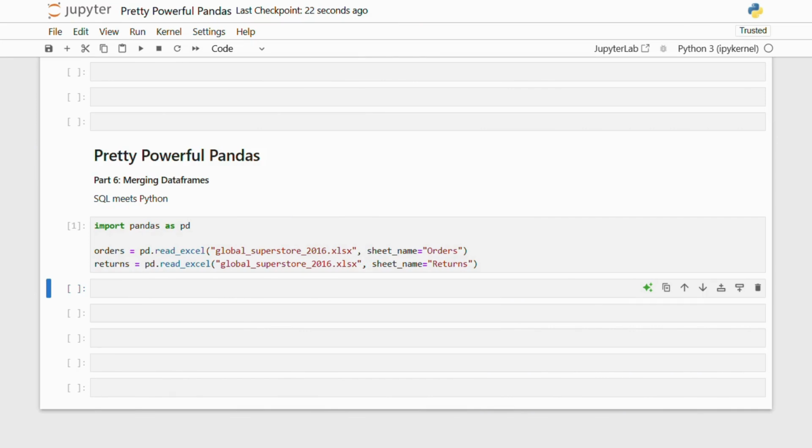Hi, and welcome back to Pretty Powerful Pandas. So this week we're looking at something that pretty much every analyst is going to be dealing with, and that's joining multiple data sets together. If you've ever used SQL or VLOOKUP, you'll recognize this as a skill that we need. In Pandas, however, we are going to use .merge, and this helps us join all our data and keeps everything